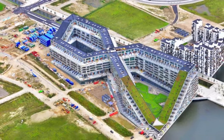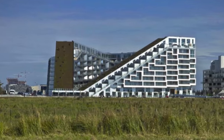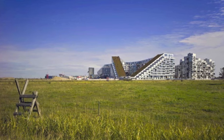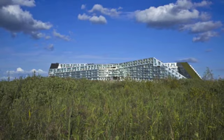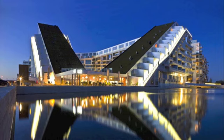Also, we start looking at the fact that shops and offices spend energy on cooling. They like daylight, but they don't like sunshine. So to the south, we push them down to the ground, and to the north, we lift them up in the sun and the view. And in reverse, in the southwest corner, we pull the corner down, opening up the entire courtyard for sunshine and views over the landscape, creating this distorted building block,